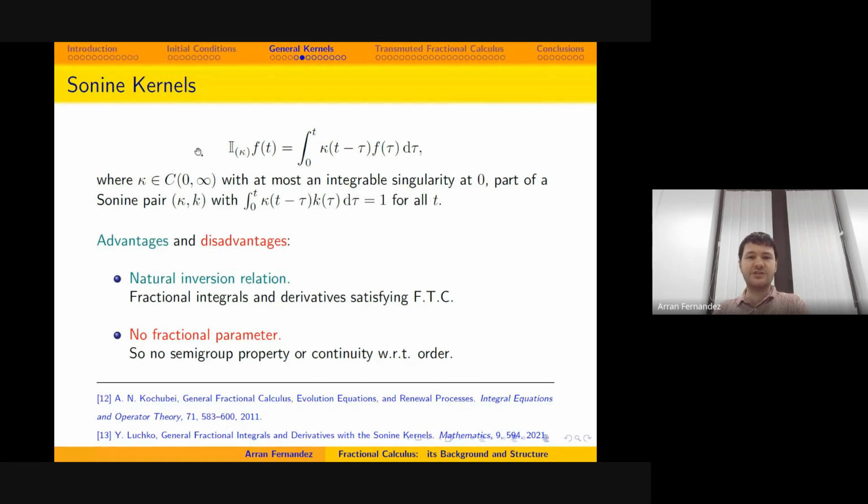The disadvantage: look at this equation, look at this integral. Kappa is a function, okay. Is there a fractional order? Is this the integral to order alpha, to order 1/2? How can you put an order into this? It doesn't have an order. Kappa is a function, but there is no parameter that can play the role of the order. So that's a big downside. It's a nice general operator. It includes a lot of operators of fractional calculus, but whether it is itself a fractional integral is something that can